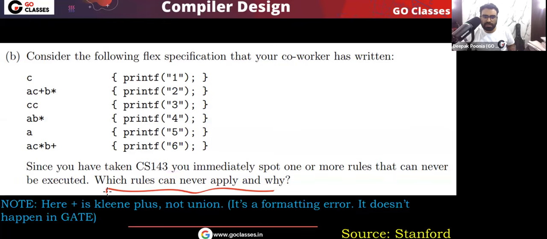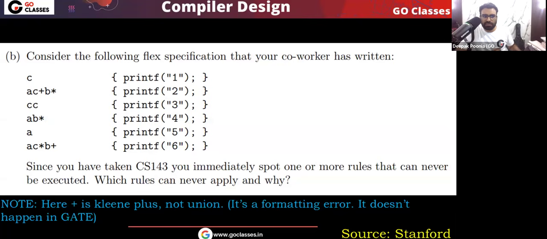Which rules can never be executed? Let's find it. Very beautiful question. Here I can say that instead of this, you can say GO Classes compiler design course. Since you have taken the GO Classes compiler design course and watched the lectures, you can immediately spot one or more rules that will never be executed, or which rules can be removed, basically which tokens will never